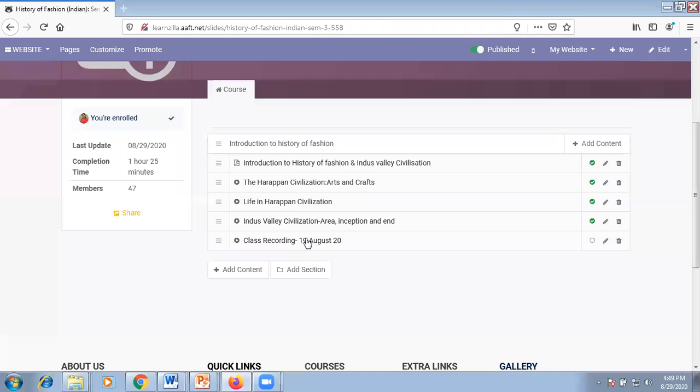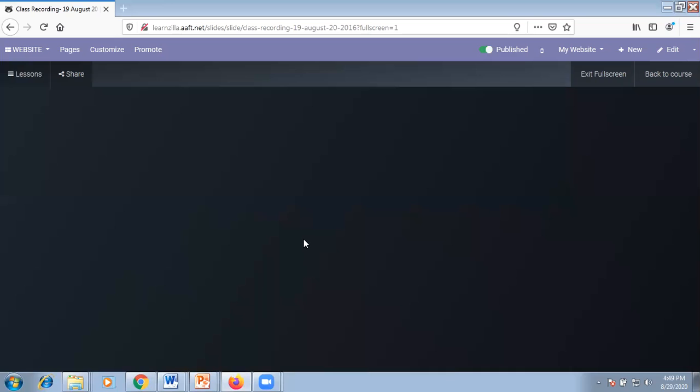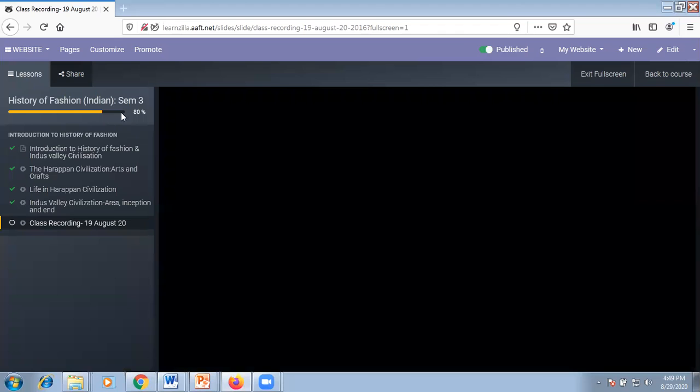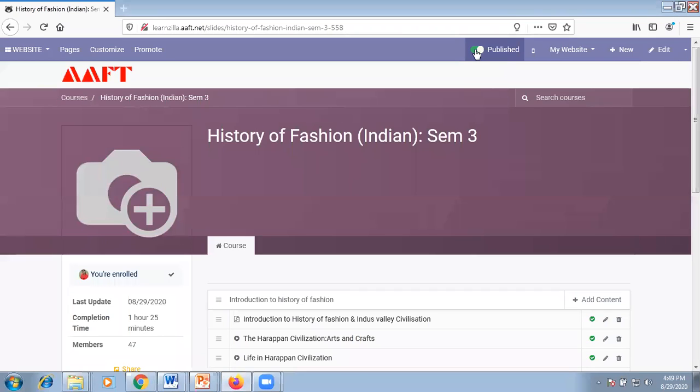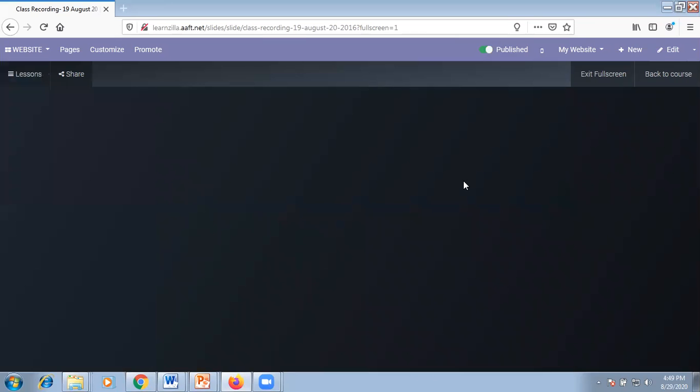and if we click on it, right now it is showing that it has not been published. So let us see, we will make this unpublished and then again publish it. Even now, if the content is still white and not green ticked, you can cross-check with the students. It must have been uploaded and must be visible to the students.